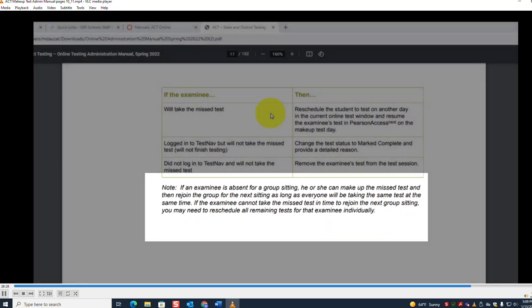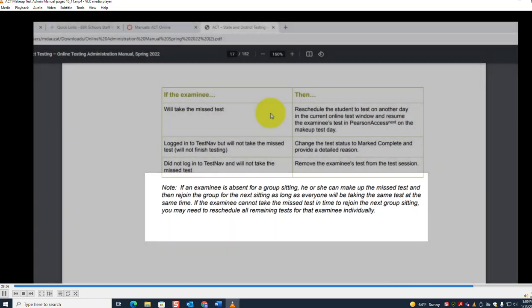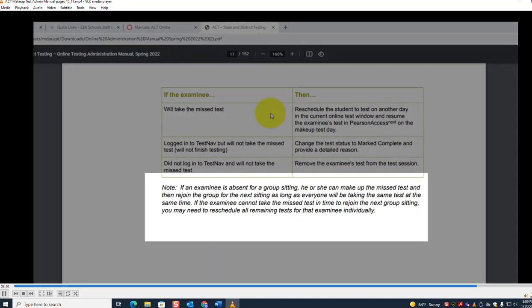Note, if an examinee is absent for a group sitting, he or she can make up the test and then rejoin the group for the next sitting as long as everyone will be taking the same test at the same time. If the examinee cannot take the missed test in time to rejoin the next group sitting, you may need to reschedule all remaining tests for that examinee